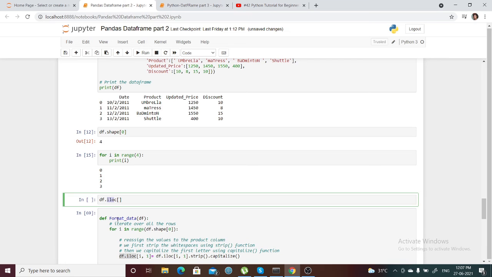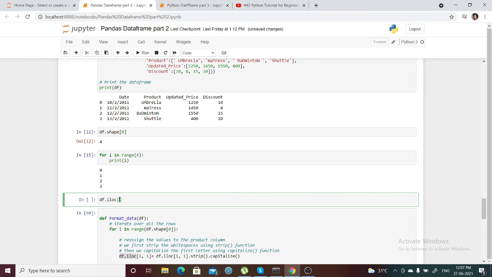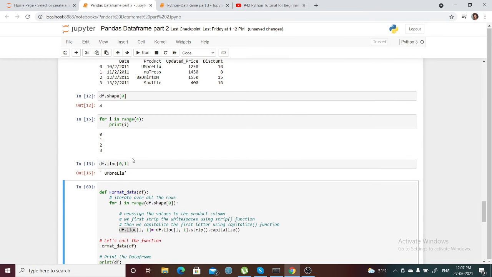value, right? So what are the rows of this? It has the zeroth row and the 0, 1, one column. So if you pass this value, let's see, 0 and 1. Okay, so it is giving me that particular umbrella. So whatever value we need, we are going to pass 0 and 1, like the row and column value, and it will give you that particular value.